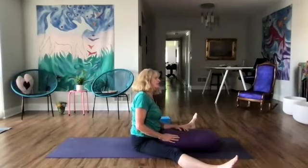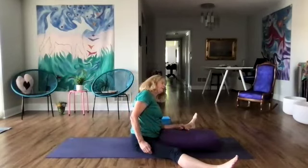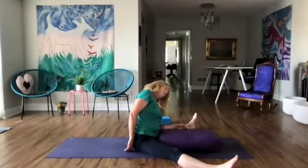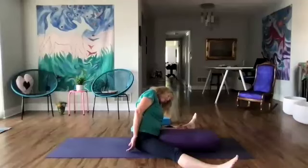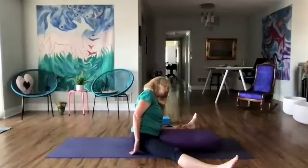Left ear to the left shoulder. And the right arm comes behind us. And breathe. And we're coming back to the center